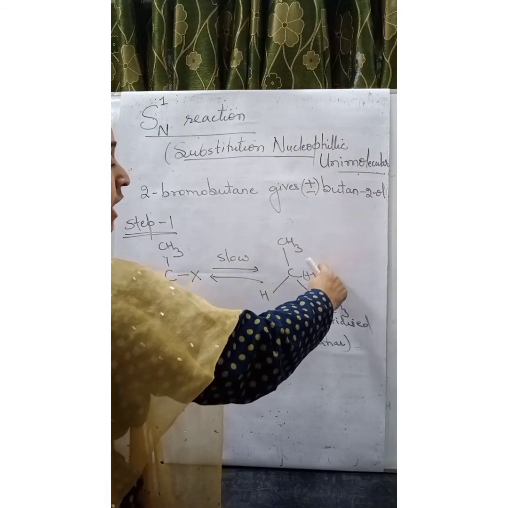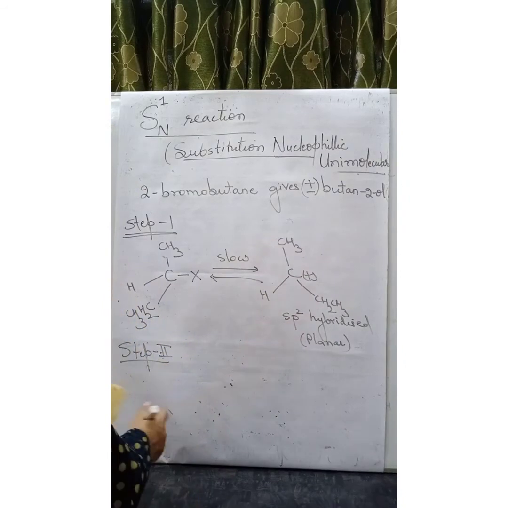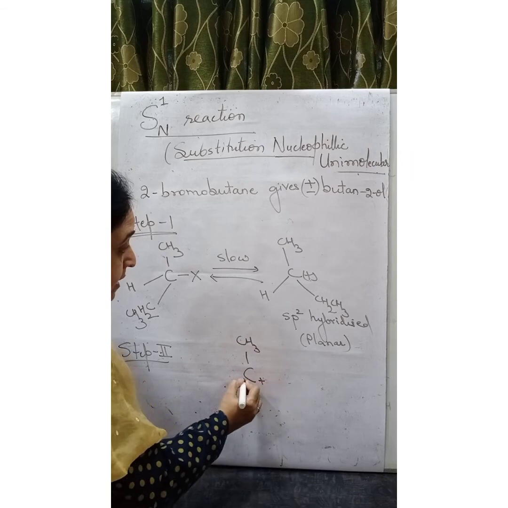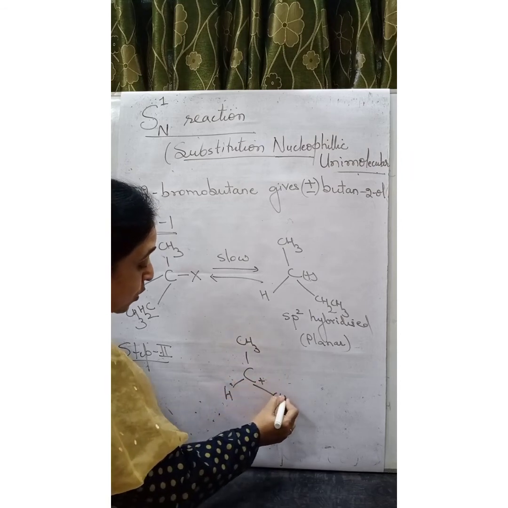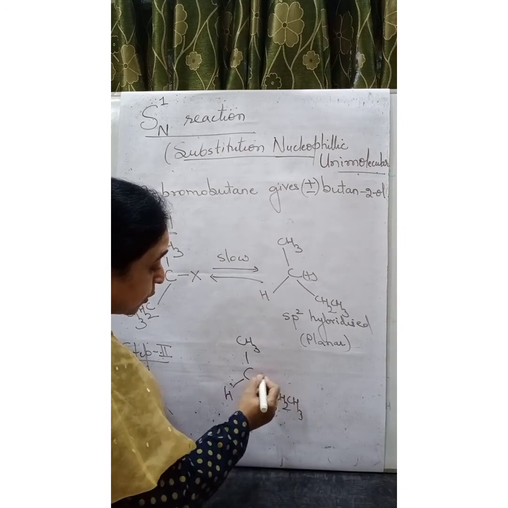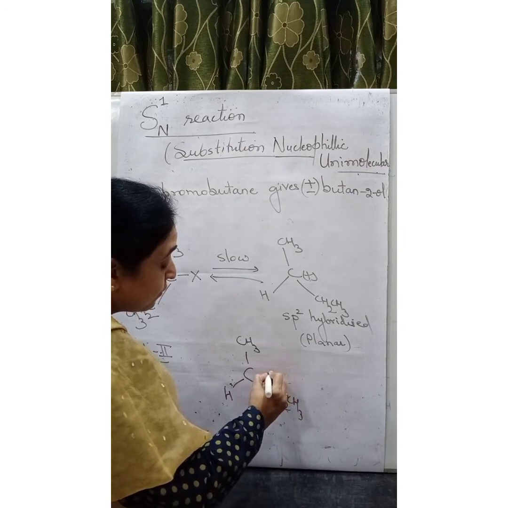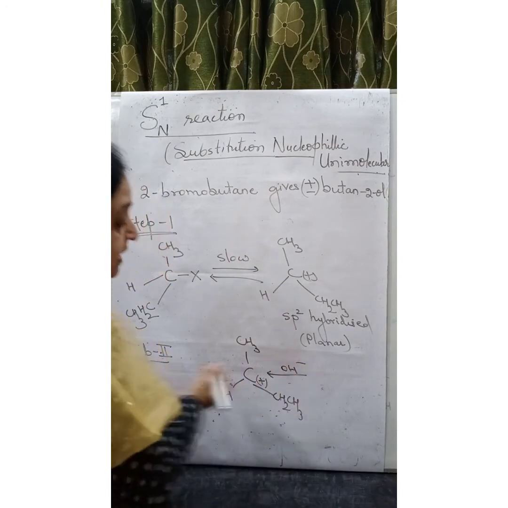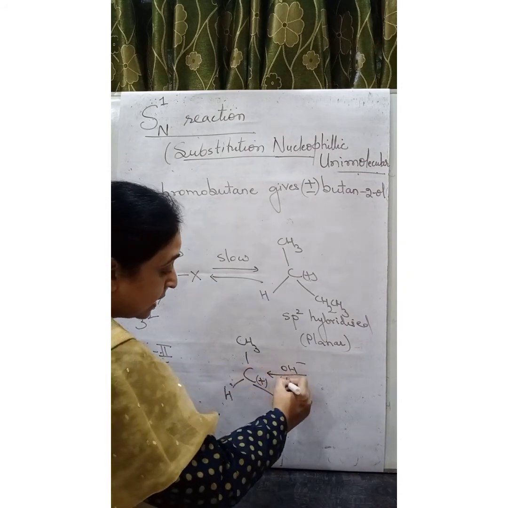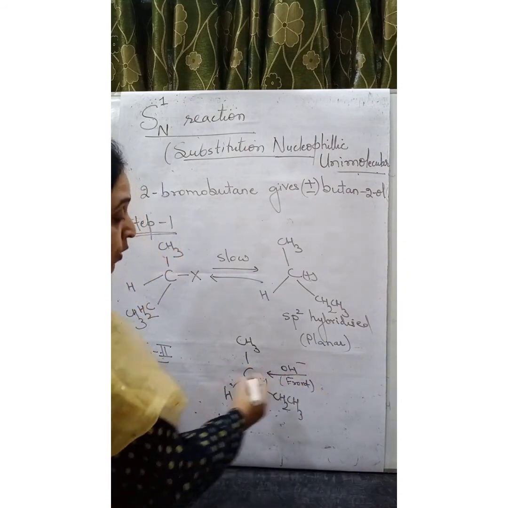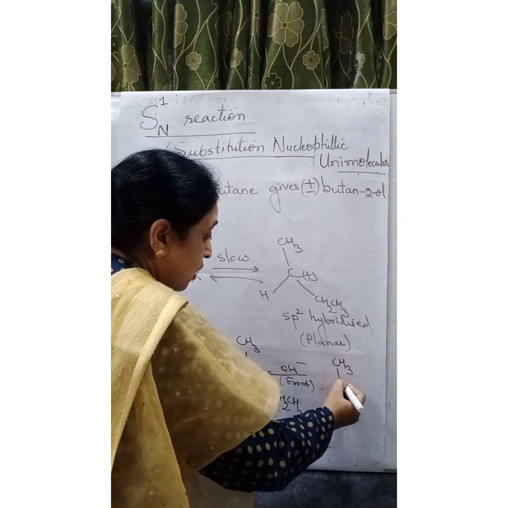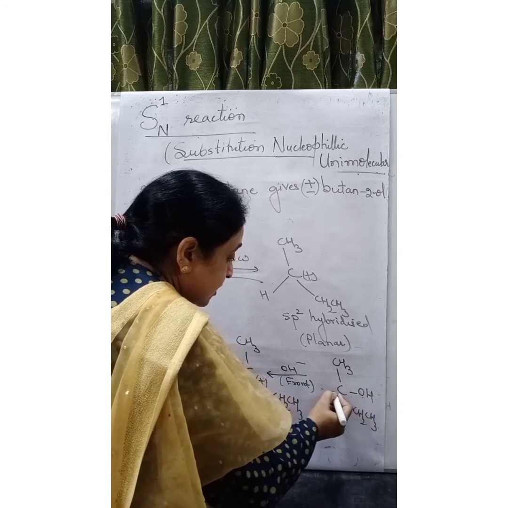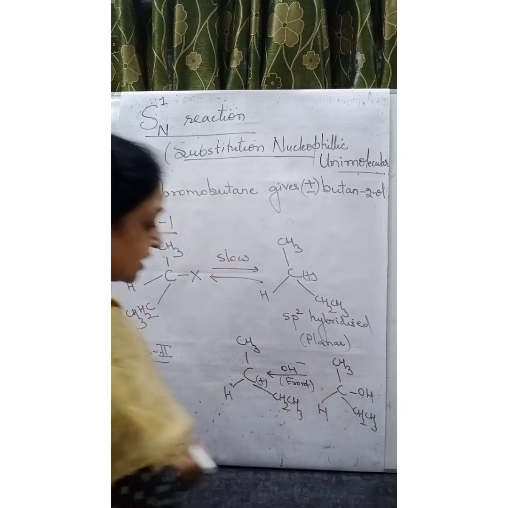Now you can see there is probability of nucleophile. The nucleophile can attack from front side as well as from back sides. There are 2 possibilities for attack by the nucleophile. So it can attack from front also and it can attack from back also. So here our nucleophile is what? OH minus. So if it is attacking from front side, so I am writing front. So it results in the formation of the compound CH2, CH3 and H is there.